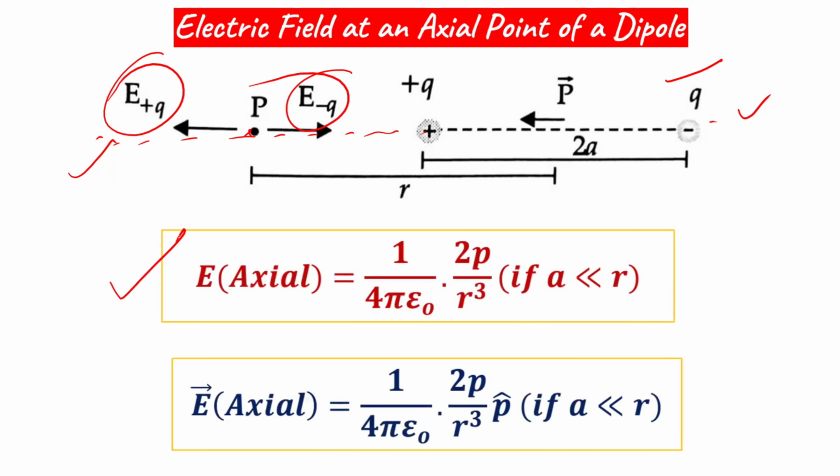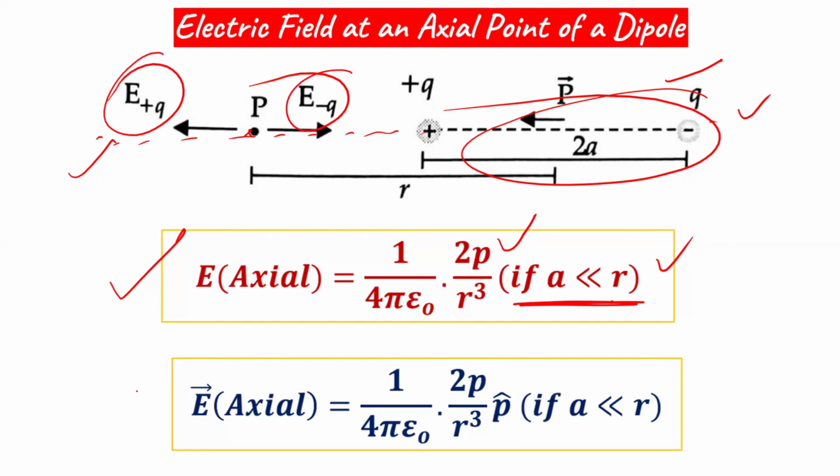Okay. So E axial is nothing but 1 upon 4 pi epsilon naught 2p upon r cube if a is very small as compared to r. Okay, means the distance is very large as compared to the dipole, this 2a distance. Now in vectorial form, E vector is nothing but 1 upon 4 pi epsilon naught 2p upon r cube in the direction of p cap, where p is nothing but the dipole moment. So if a is very very small as compared to r,